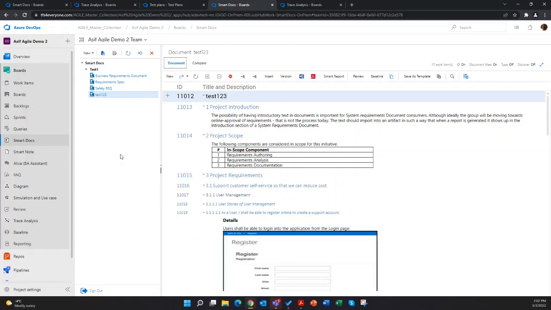Obviously, you can give them limited access to your projects or teams or sub-projects within an ADO project, but they do not require a paid license. They can use the Azure DevOps stakeholder license and the Modern Requirements stakeholder license to do the review.